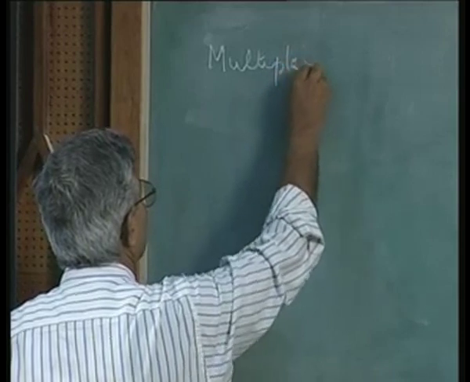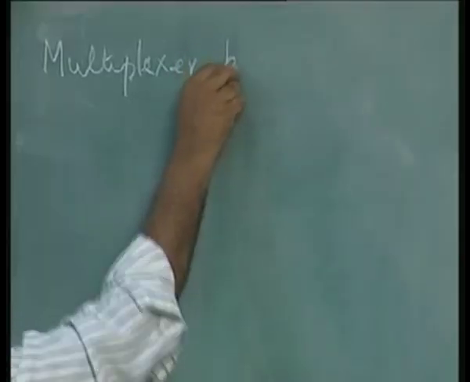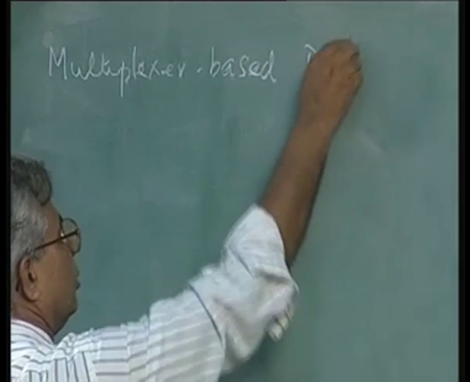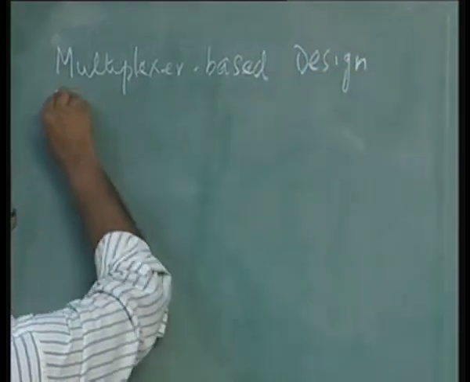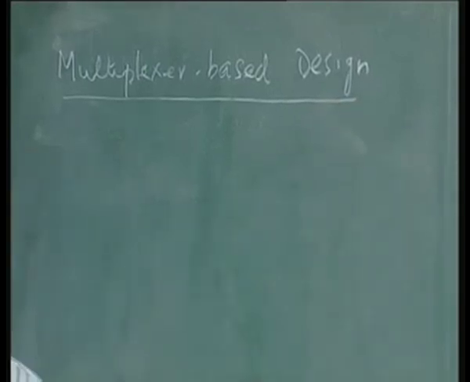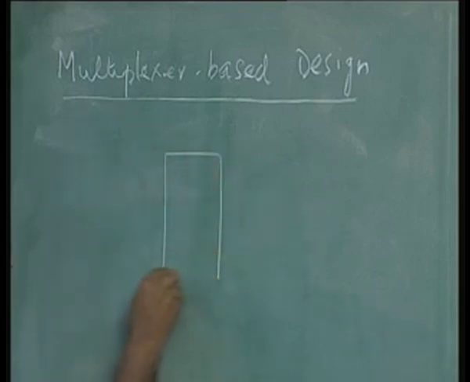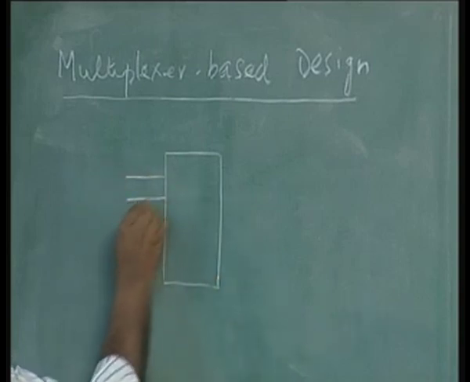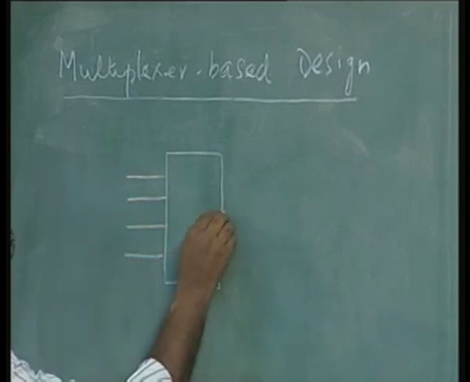All of us know what a multiplexer is. A multiplexer is a component which has several inputs and one output, let us say 4 inputs and one output,